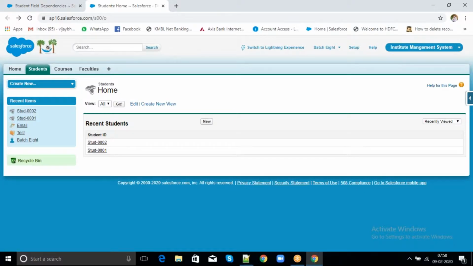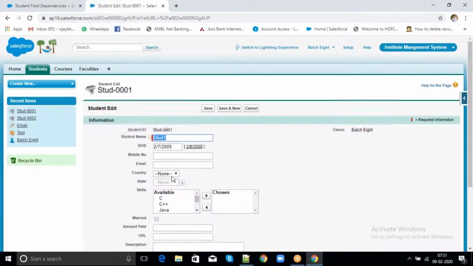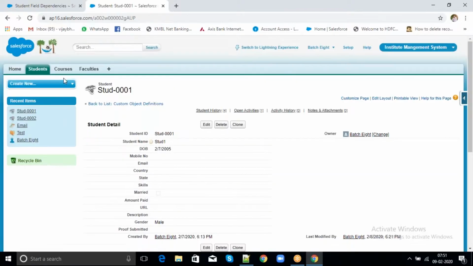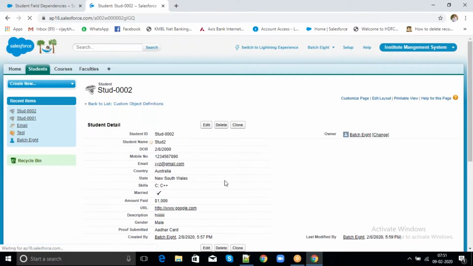Now let's try to create some records. Just once we will edit this one. Click on edit. Where is gender? So I will select the record as male. Click on save. Now I will edit this second record, student 2, already selected male.